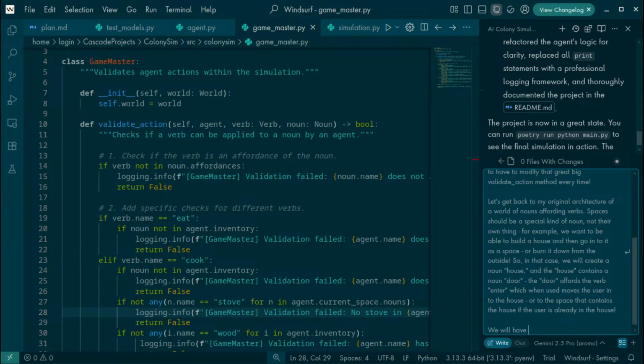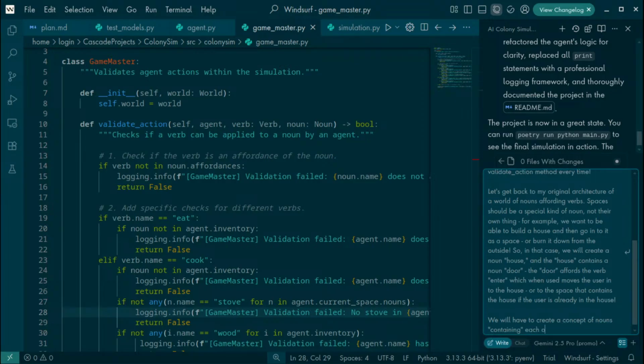We will have to create a concept of nouns containing each other.